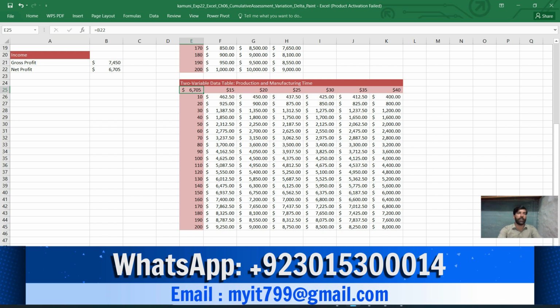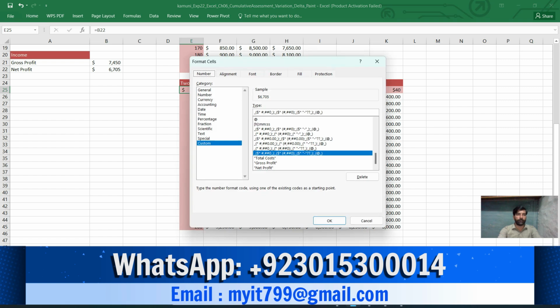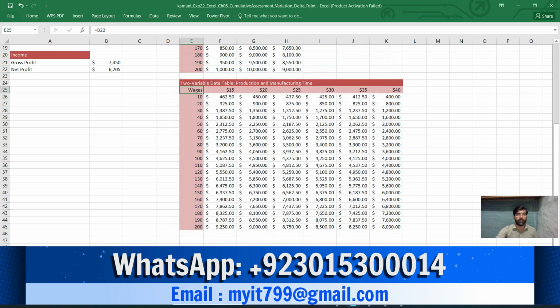For this, I go to the Home tab, then Number, then Custom, remove General, place inverted commas around wages, and click OK.